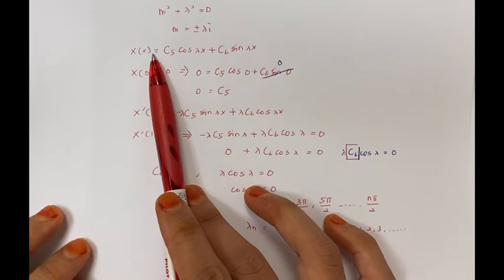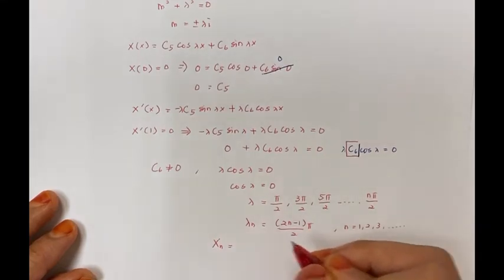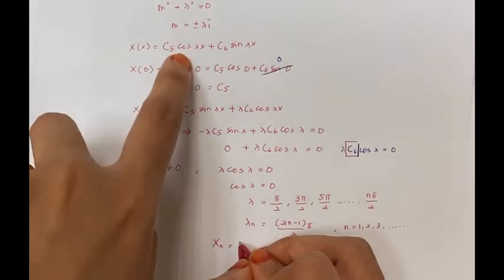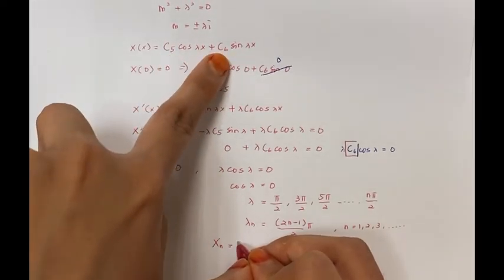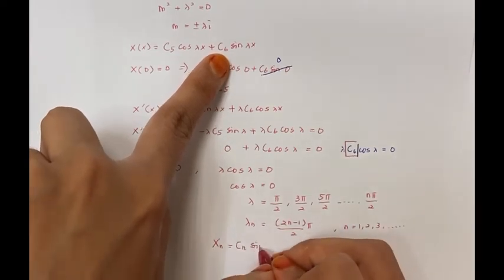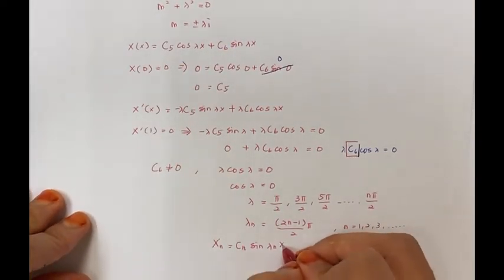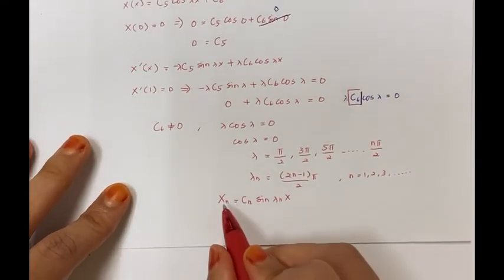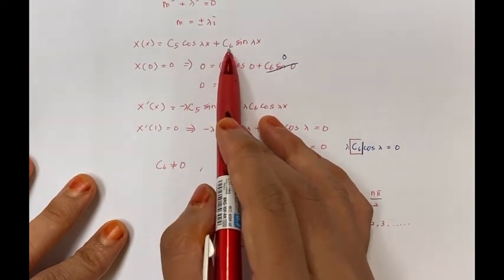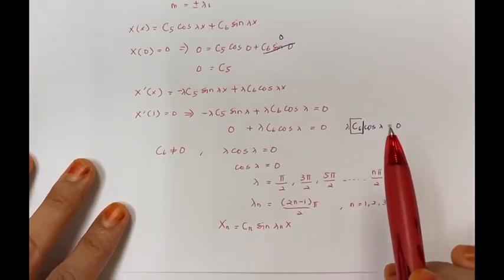Okay, xn over here. So you may write xn equal to cn. Since c5 is 0, you have c6 only. So c6, change c6 with cn. And then you have sine λn x for the general equation. So you have xn from here, c5 is 0, so you just have c6, and then change this c6 with cn, λ change with λn,